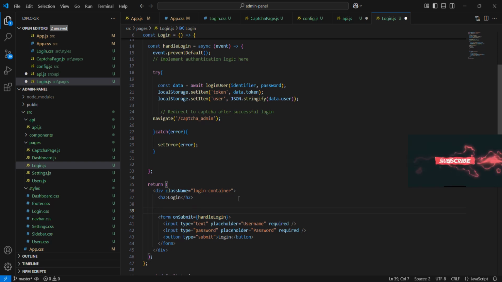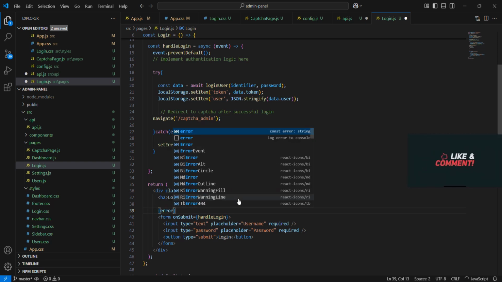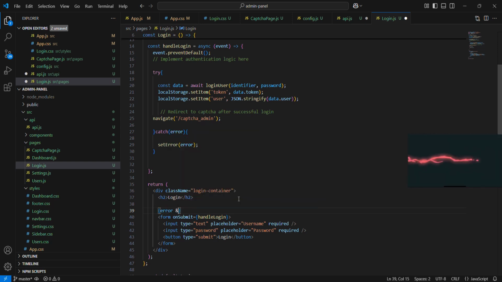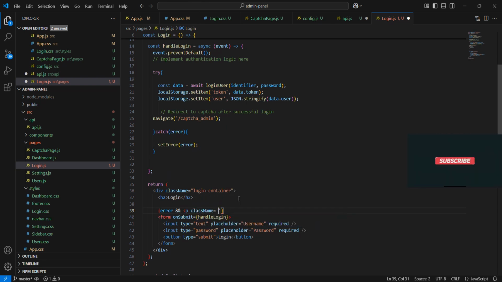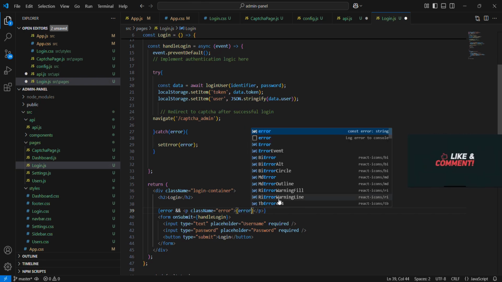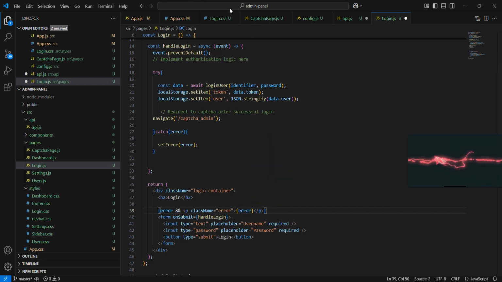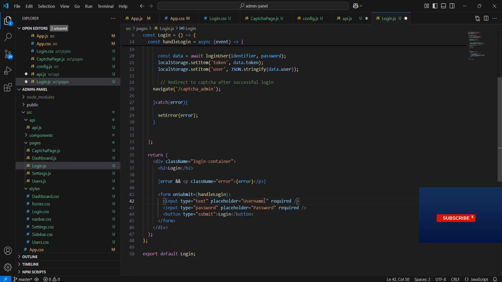Now let's make some changes in UI. Let's add a paragraph after the login header that will display an error message. Next, inside this input field, let's change value of placeholder to username or email.